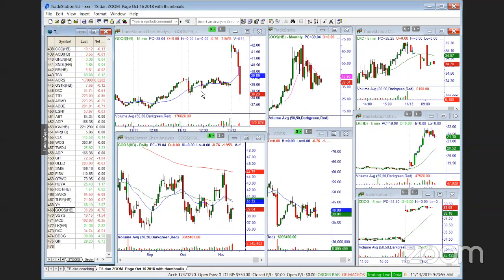The goose was up this morning. Yeah, I saw it up nicely. I saw it at the gym on the ticker, and I said, oh, let me go look at the goose when I get home. But that wouldn't have been a good gap trade anyway.